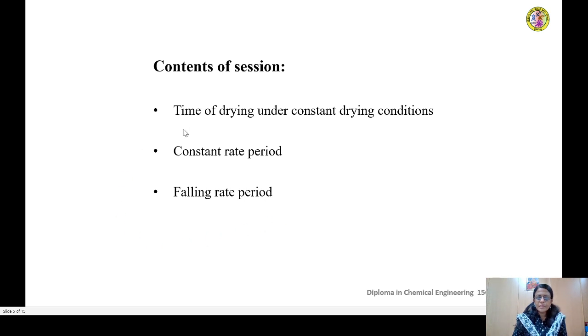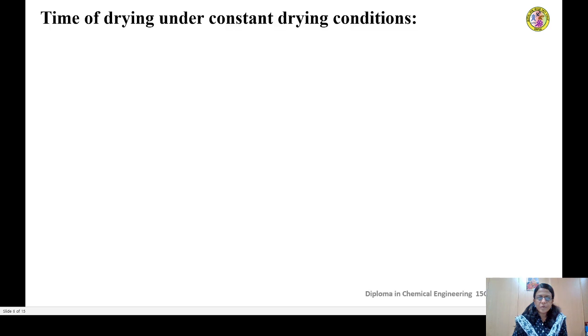So with that, let us now learn how to estimate the time of drying under constant drying conditions. What is the time required for the constant rate period and what is the time of the falling rate period? Okay, so let us now take up that problem. Time of drying under constant drying conditions